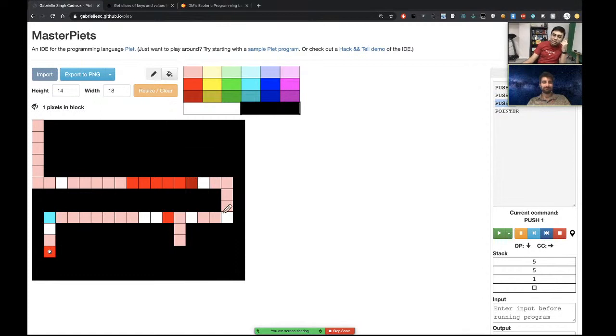I wonder why we didn't need to do it here though. I think it's because of the direction we're going from. Or it's also because the codal chooser, the other pointer, is pointing to the right, so it's fine with turning right and turning right, but when it needs to turn left, it gets confused. Oh, hold on a second. What we could do is